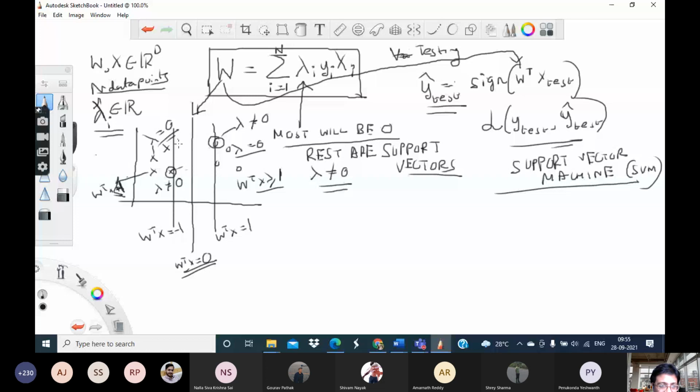But some of the test points can be on this side, like we can have a cross point here or a circle point here, etc. So these will not be correctly classified by the marginal classifier, right? These things were not there in the training phase, but when I go to testing, these things can come. So in the testing phase, I do not want to risk the marginal classifier.